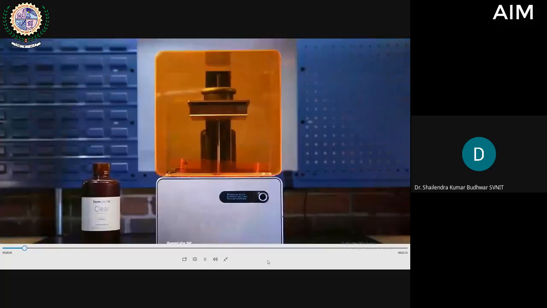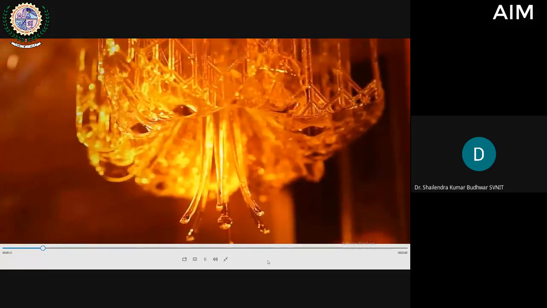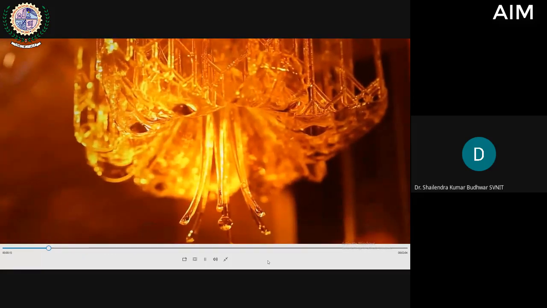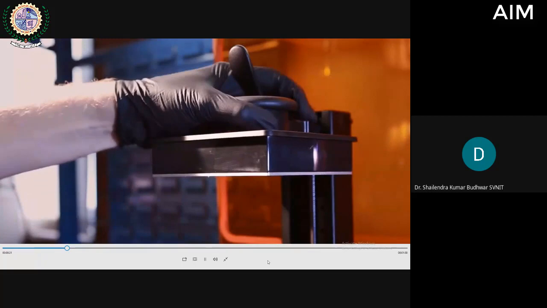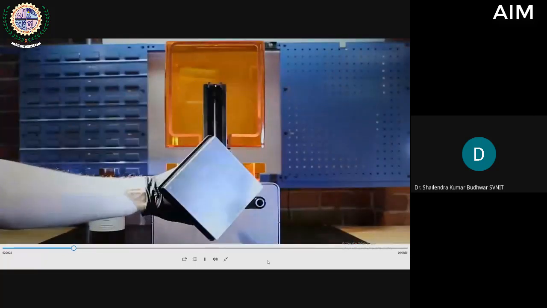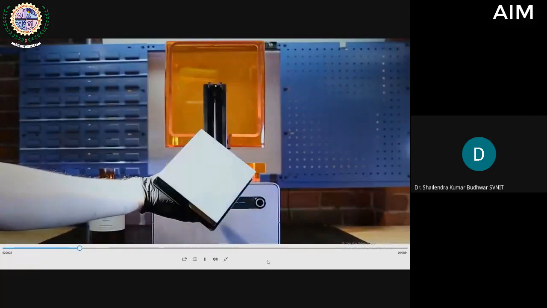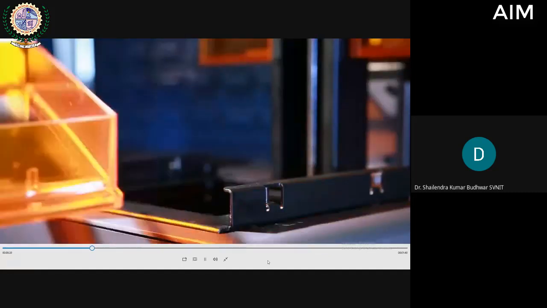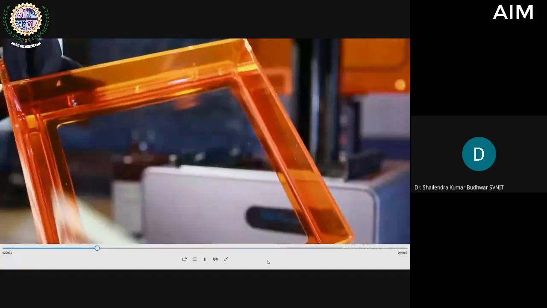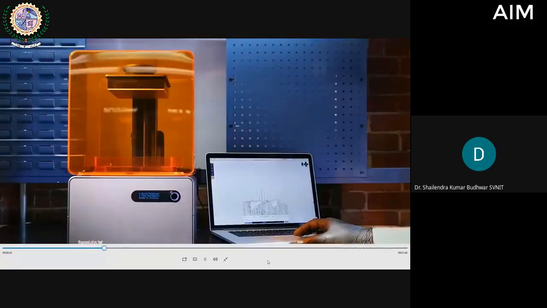The Form 1 Plus is a stereolithography 3D printer. Today, we're going to take a look at how it works and put it to the test against parts from an extrusion-based machine. Let's start by taking a closer look at the printer. When we open up the light-blocking cover, we can see a build platform inside. This metal plate is where the parts are made. Underneath the build platform is a resin tank. This clear window gives the ultraviolet laser a path to cure the resin.